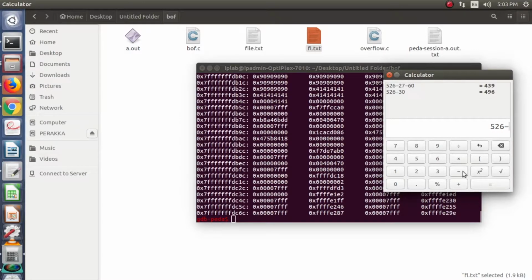Here we are trying to find the number of NOP instructions needed. 526 bytes of input will override the instruction pointer. 27 bytes is the size of the payload. 60 is actually 6 into 10, where 6 bytes is the size of the address that points to a point in